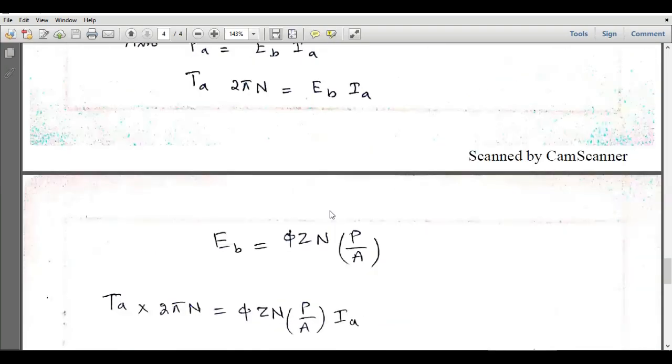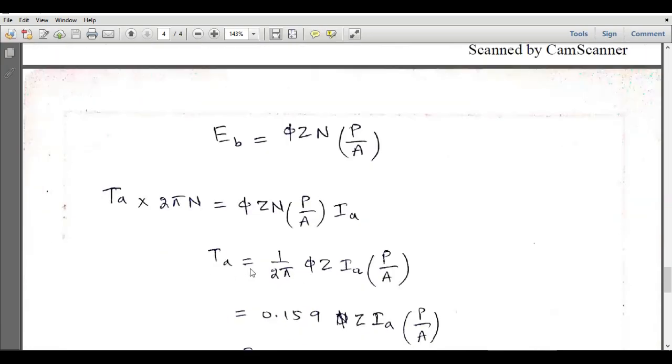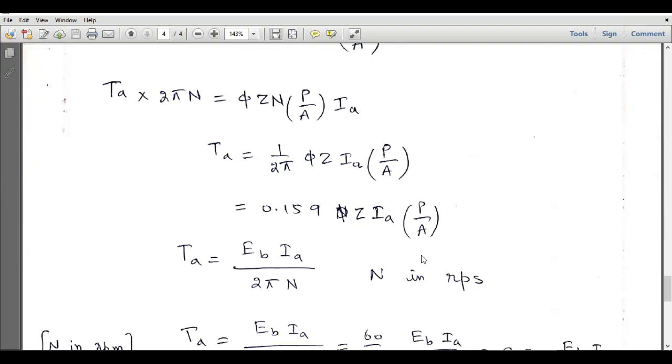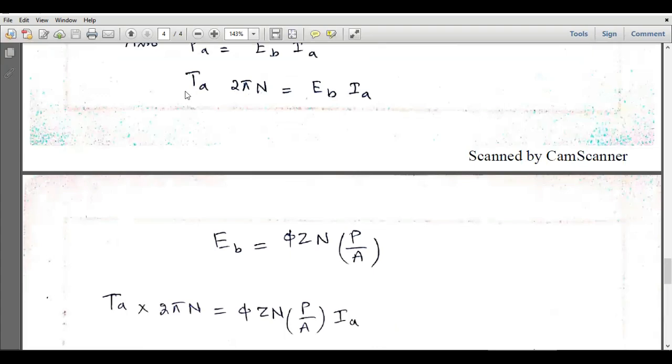And now we can substitute this value of back EMF in this equation, and Ta into 2 pi N will be equal to phi Z and P over A multiplied by Ia. So Ta is equal to 1 over 2 pi phi Z Ia into P over A, and this N will be cancelled out with this N, and here 1 over 2 pi is equal to 0.159, so 0.159 phi ZIa into P over A. So Ta can also be evaluated from this expression, and it will be equal to EbIa divided by